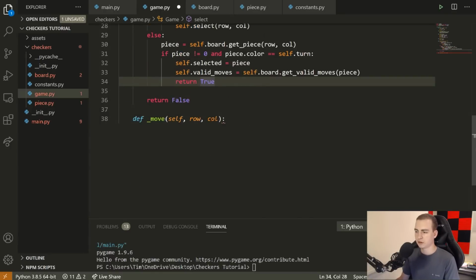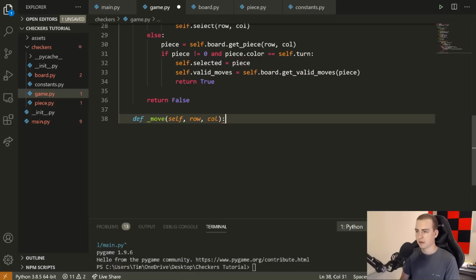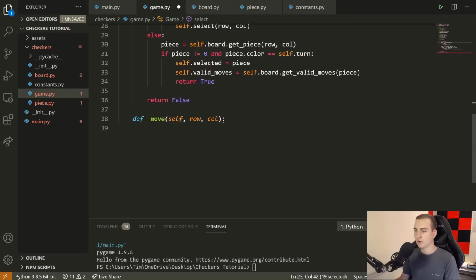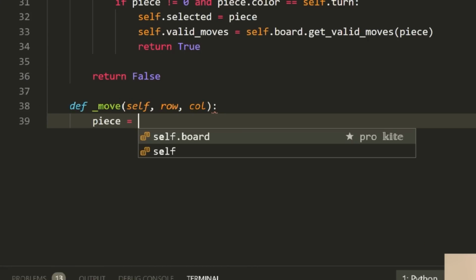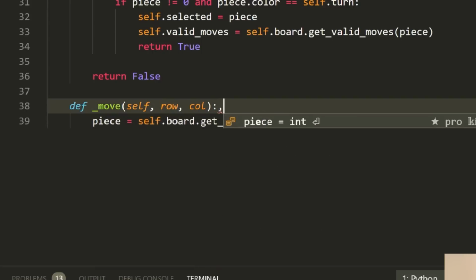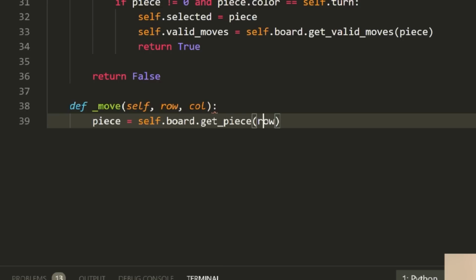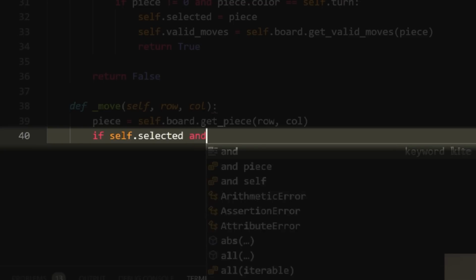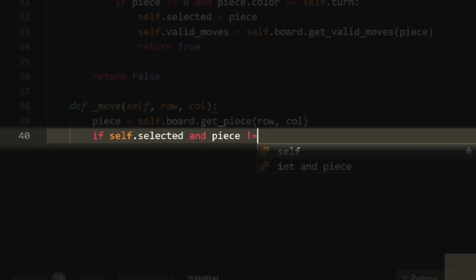So we can go over this again later, but I think that's enough of an explanation. Okay, so now we're going to do move. So move is called here, and now we need to actually move something if this is called. So we're going to say piece equals self.board.getPiece(row, column). Next, if self.selected, so if we have actually selected something and the piece is equal to 0 and